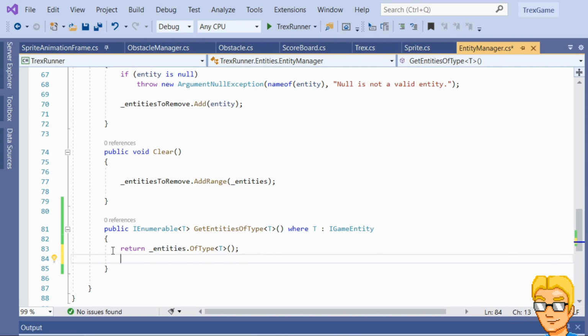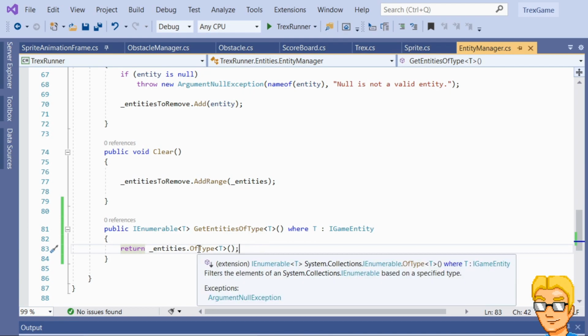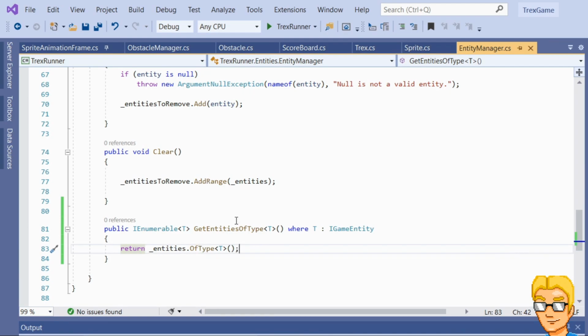So I can simply use this now in the entity manager to keep track of the obstacles that are currently in the game. I don't need a separate list for that. The OfType method is actually an extension method from the LINQ namespace, and it basically just filters an enumeration by checking if the type matches. So yeah,